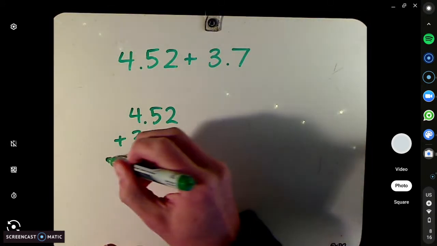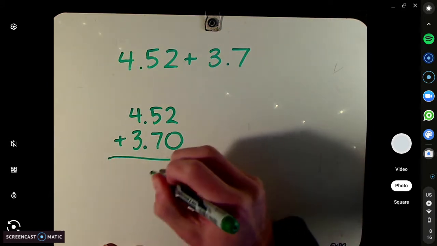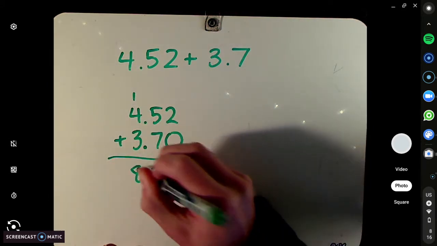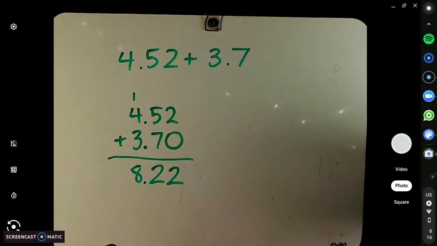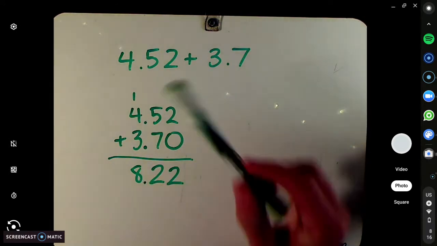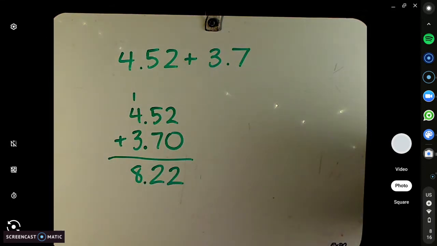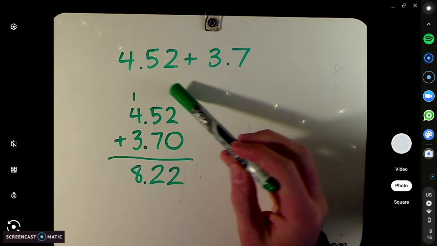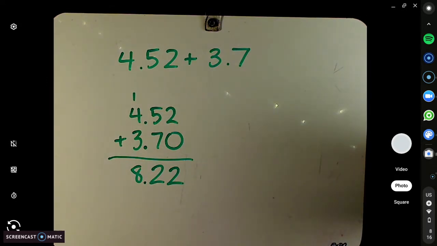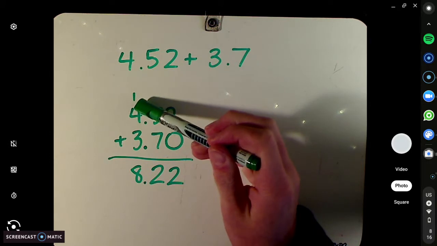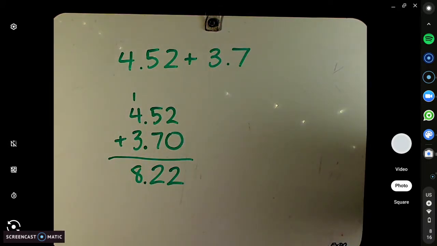Cool. Next up, just add normally, and bring the decimal point down. That should make sense. 4 plus 3 equals 7, and 8 is a little more than 7, right? That would be an estimate. If we're rounding, 4.5 would round to 5, 3.7 would round to 4, 4 plus 5 is about 9, so it's ballpark, right? You didn't get a crazy number like 822, right? That would mean you forgot the decimal point. Always remember the decimal point. Okay, let's take a look at one more